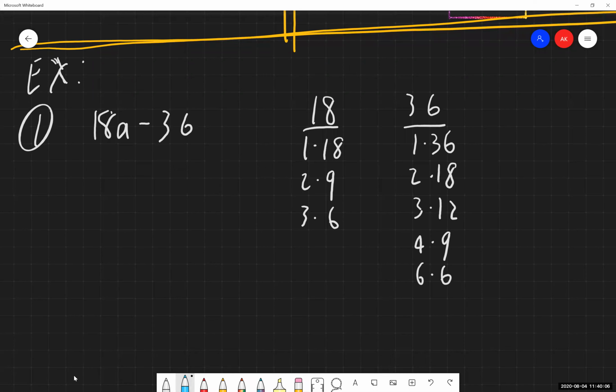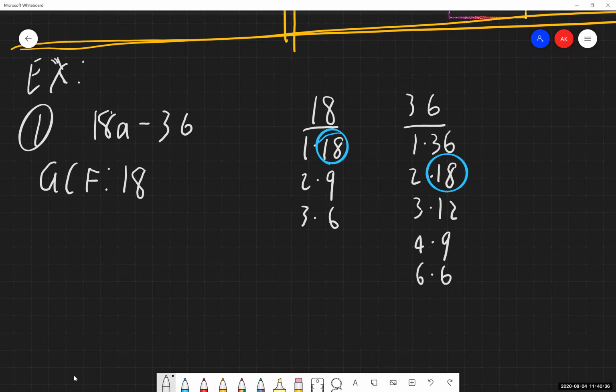Whatever works best for you, figure that out and then move forward with it. So we're saying, okay, what is the greatest common factor that these things both share? Meaning, what's the largest number that evenly goes into 18 and also evenly goes into 36? As I'm looking at it, I'm seeing 18 is the largest number in both. So the greatest common factor, at least from the numerical part of things, let's write that out. Greatest common factor is 18.